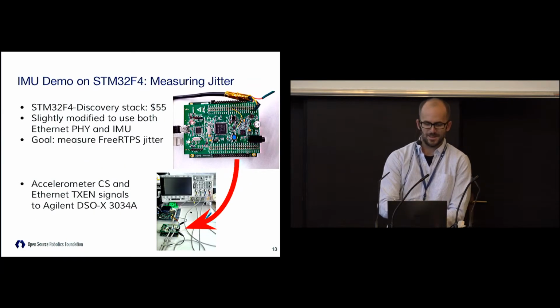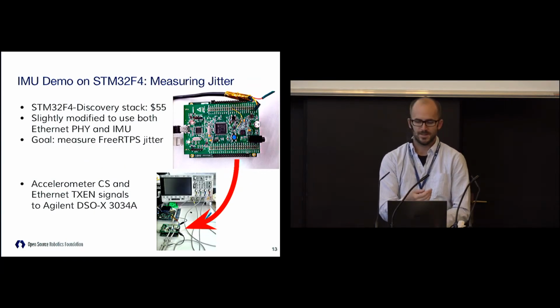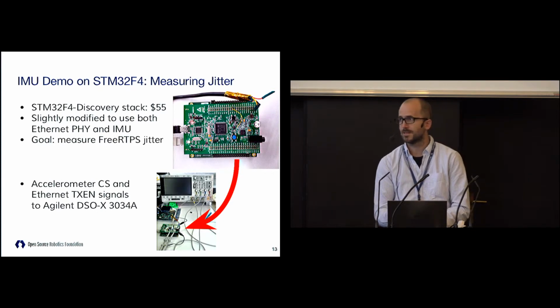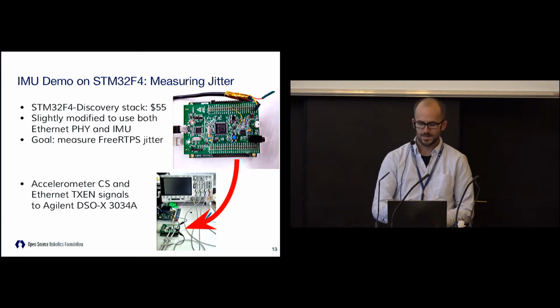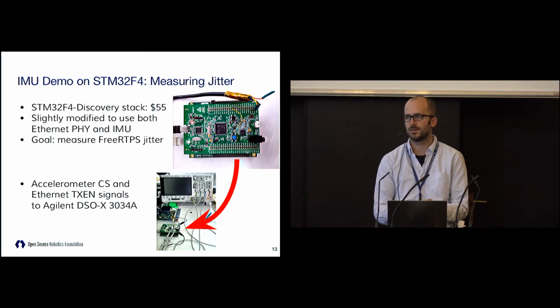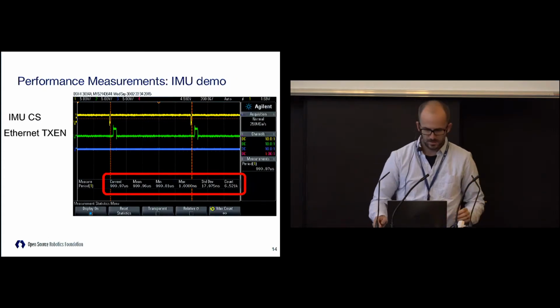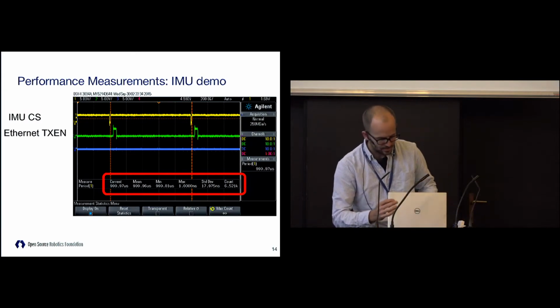So let's see. The first demo I'm going to show some performance data on. This is the STM32F4 Discovery board. It's been a little bit hot-rodded to use the Ethernet physical layer transceiver and the accelerometer at the same time. There's just one jumper you had to add. But what we're trying to do is hook that into some lab test bench equipment and get direct measurements of the jitter and latency of this. So as we start running this here, I would wave my hands around, but that's okay.